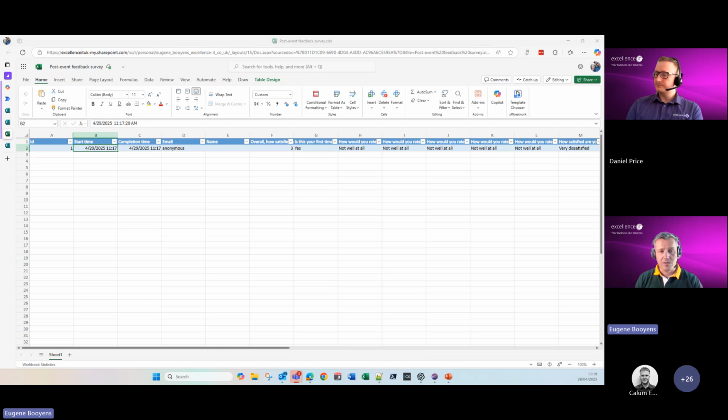What I'd like to do next, sorry, I see there's a poll come up that just asks you to what extent you still rely on paper-based systems. So this would be a great question for you to ask yourself. If you have any paper-based forms that you use at the moment, that's definitely a candidate to be converted into a Microsoft form.